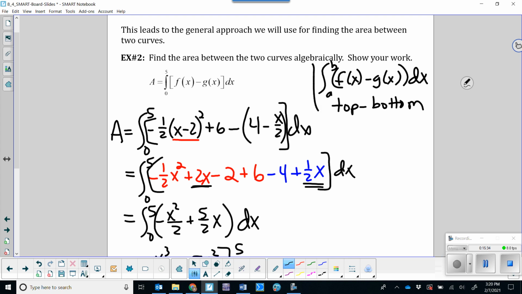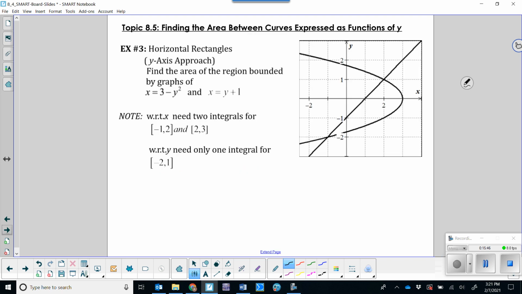Now, this is also important. Area, you integrate top minus bottom. Okay, super easy. Top minus bottom, and the a to b is just where they intersect. Okay. All right. Now, if my